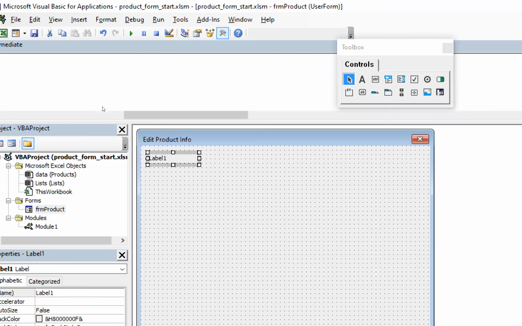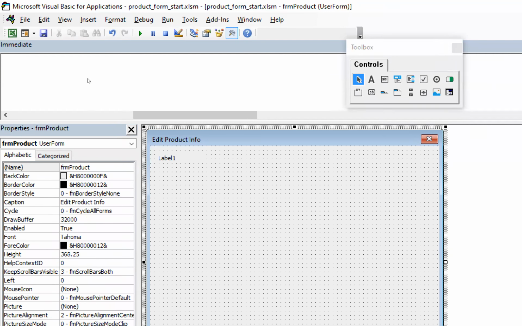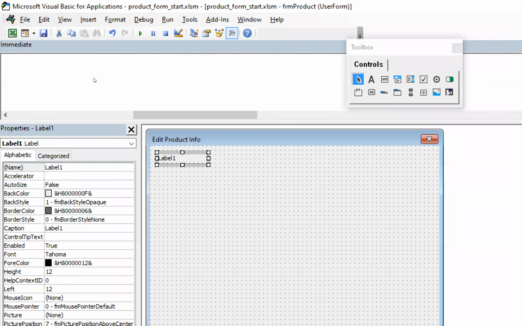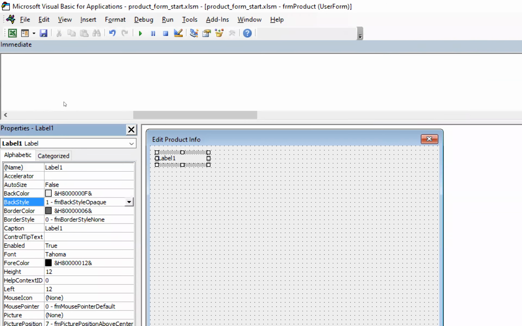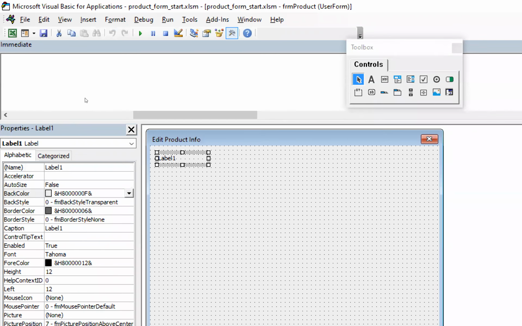And let's look at some of the things we can do to organize this label or to configure it. One of the things I want to do is put a border on it. You'll see that right now it's just like the text. And the truth is there's a background color. You can tell there's something hiding the dots that are on the grid that makes up my form. And if I wanted to get rid of that background color, there's a back style here. Right now it's opaque. I could make it transparent. And now it's just the words and it would show through whatever's on the background. I'm going to leave it opaque